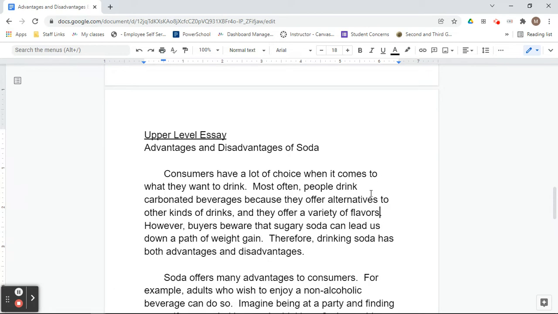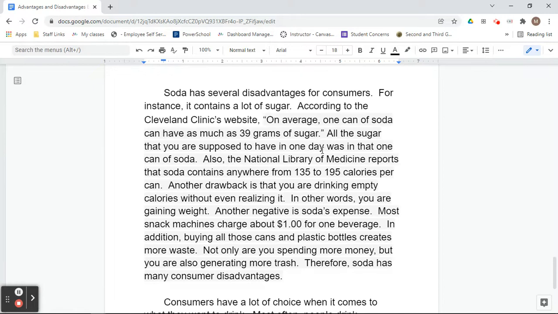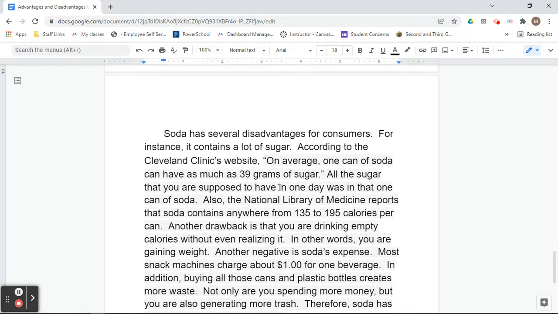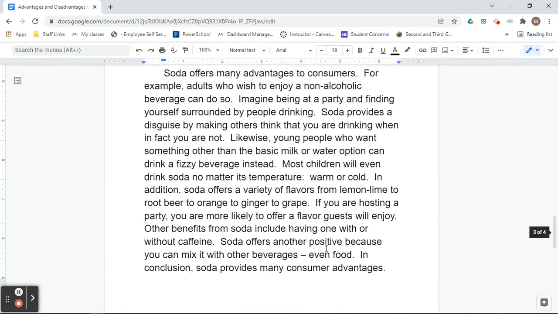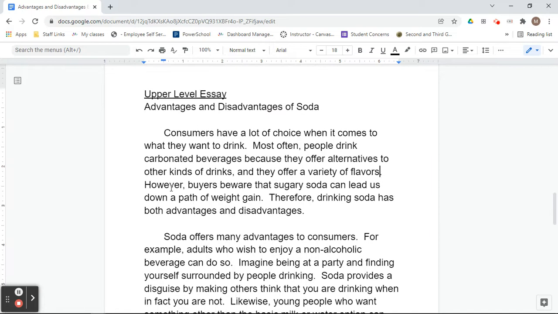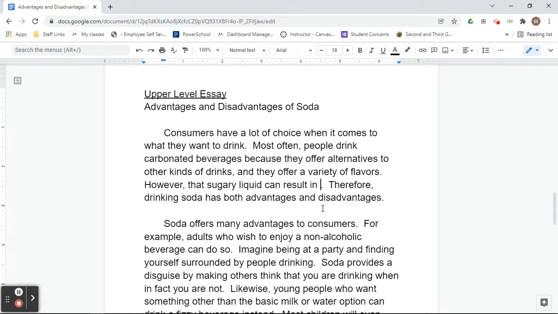Okay. Now I know I talk about, again, the sugary soda with respect to the sugar, the calories, and the cost and trash. So I've got to bring that up here to the intro. However, that sugary soda, that sugary liquid can lead us down a path of weight gain, can result in